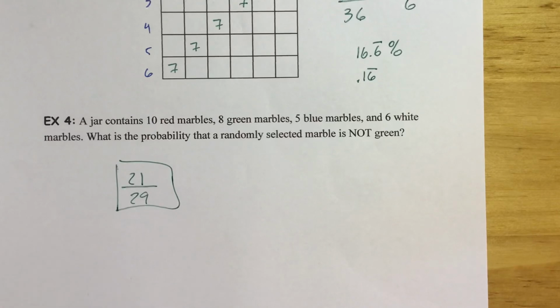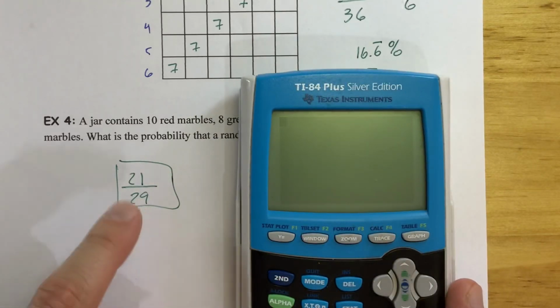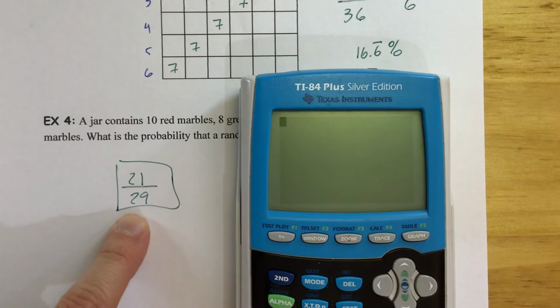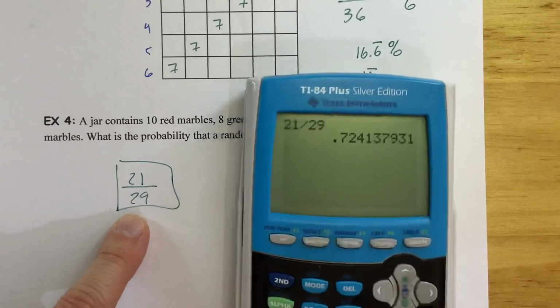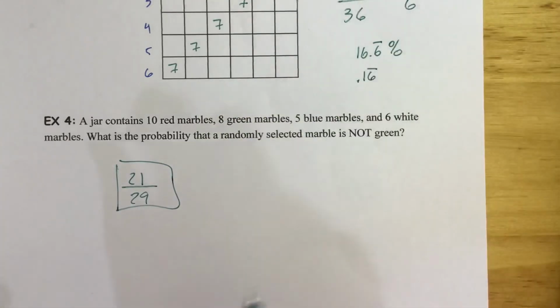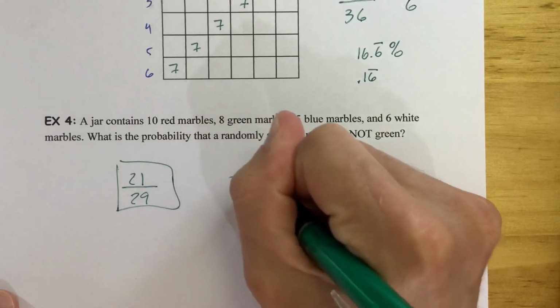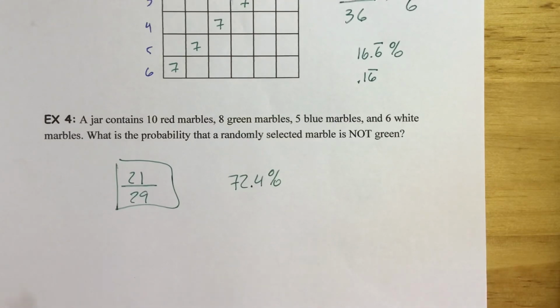It's about favorable outcomes compared to the overall possible outcomes. That does not reduce because 29 is a prime number. Not going to reduce, but if you want to divide them, you can see that, there it is, you get 0.72, or what would be 72%. We'll go ahead and add a decimal in there just to do it. Okay, that's another option for how you can state that answer.